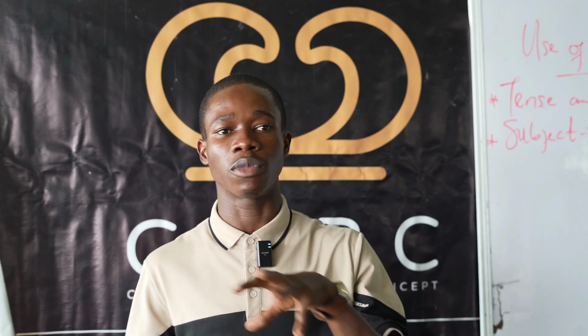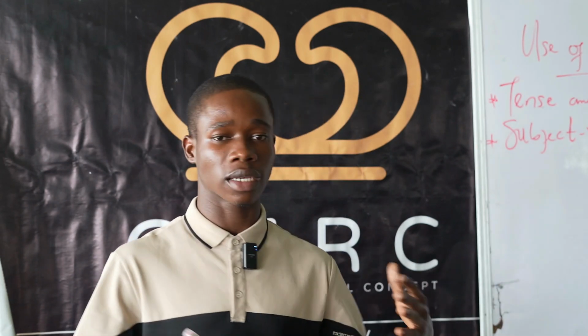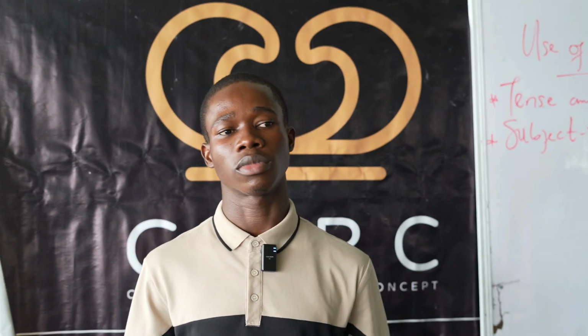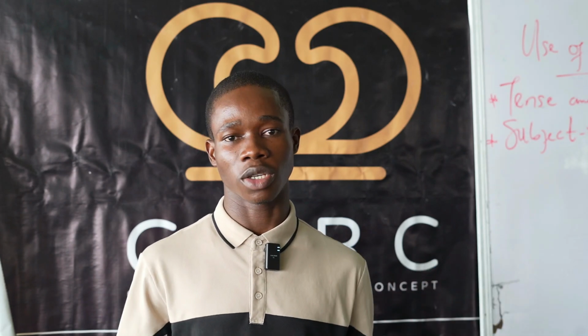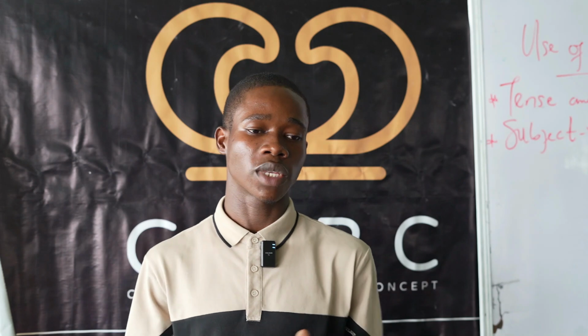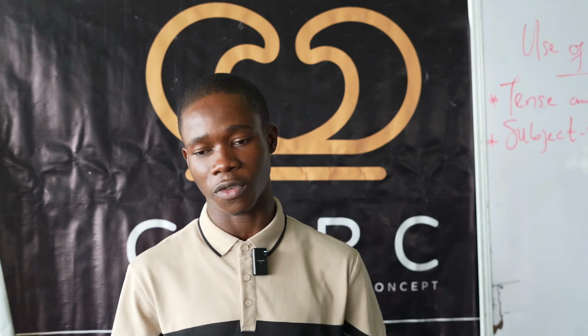To not waste much of our time, we have more details on the past tense. So let me quickly go into it. What do you use the past tense for? You use the past tense to talk about something you did, let's say a minute ago. I jumped here a few seconds ago. So that action has been completed. It's done. So you use the past tense for it.